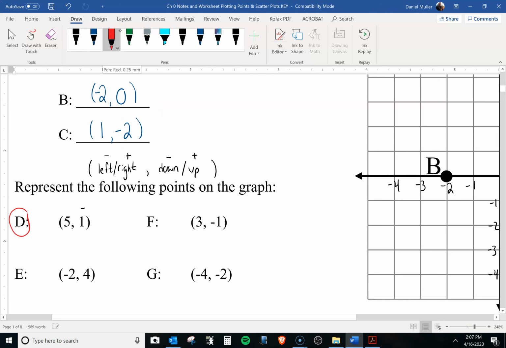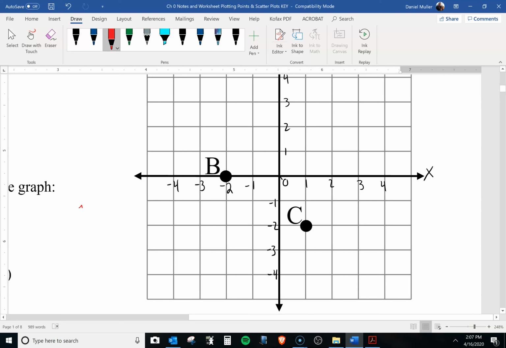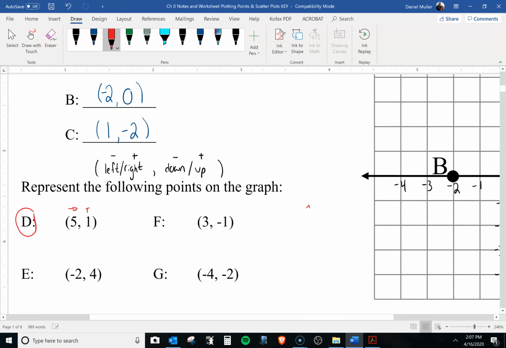So right 5, up 1. So I'm going to go 5 to the right and up 1. That's going to be right here because that's 5 from the origin. 1, 2, 3, 4, 5, and then up 1. Okay, the next one